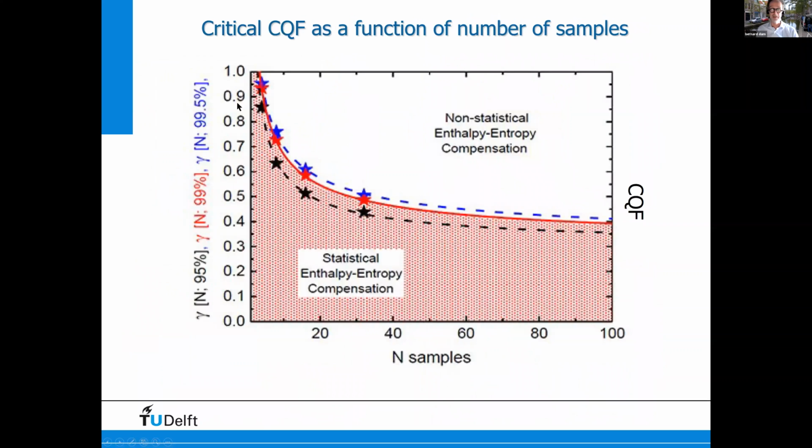And then you can make a kind of curve and say, well, depending on the number of samples, you have a compensation quality factor, even if it is only 0.6 or 0.7. Well, maybe then it is still not statistical. The only thing is that then the width of your isoequilibrium pressures is not that good. It's only a fraction, maybe half of the width of what you typically observe in your samples. So that makes now a distinction. On the one hand, we have something which is not statistical, but on the other hand, you do not see a clearly defined